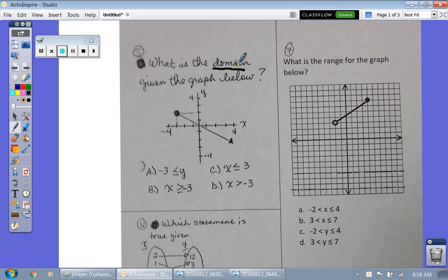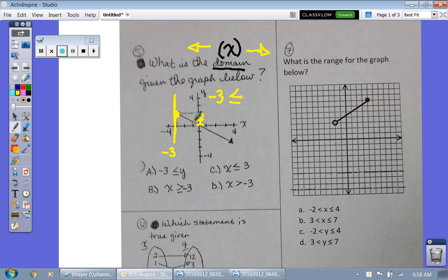Question 5, what is the domain? The domain we're talking about in the x direction for the graph below. So we're trying to trap the graph from left to right. I want to know how far can it go. Well, if I start over here on the left, it's a closed circle, and I can build a fence. So when we're talking about in the x direction, pretend like you are walking from left to right. How far to the left can I go? Well, it looks like I can only go over to -3. And it's a closed circle, so I'm going to put down my closed circle symbol, and we build the fence